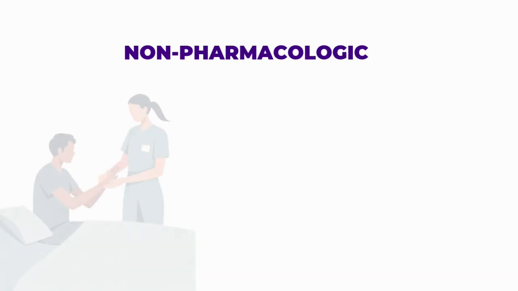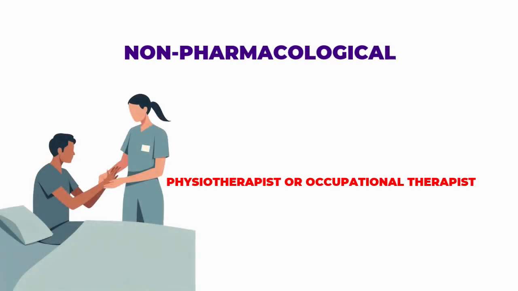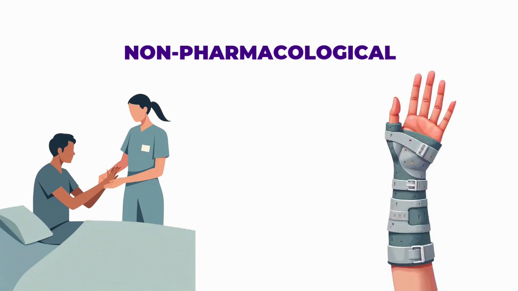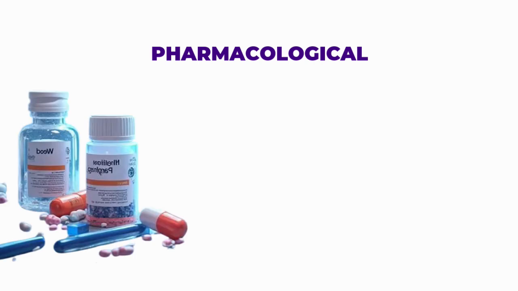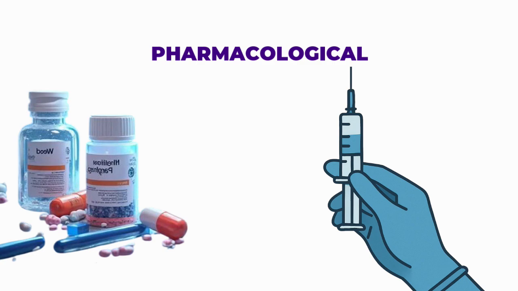Now, non-pharmacological will mean seeing the physiotherapist or an occupational therapist, where you'll be given splints. This could help. And then in terms of pharmacological therapy, you could use analgesics, sometimes steroids, and sometimes steroid injections into the wrist to give some response. However, if these fail, it's necessary to see an orthopedic surgeon where a surgery will be carried out to release the pressure